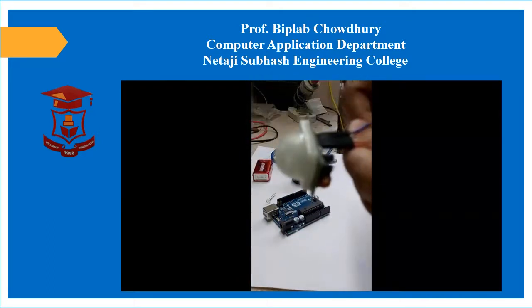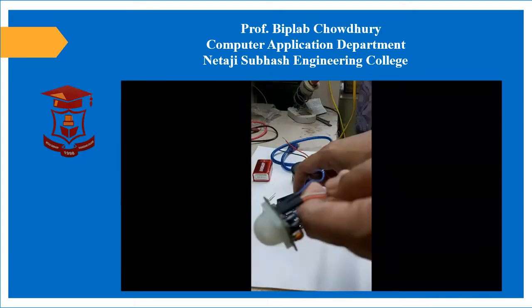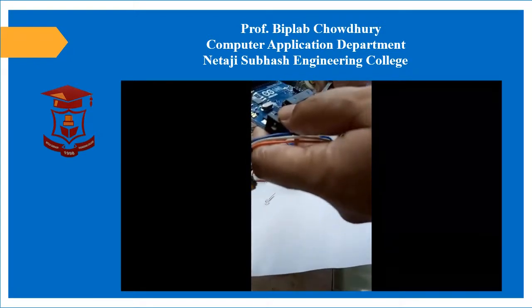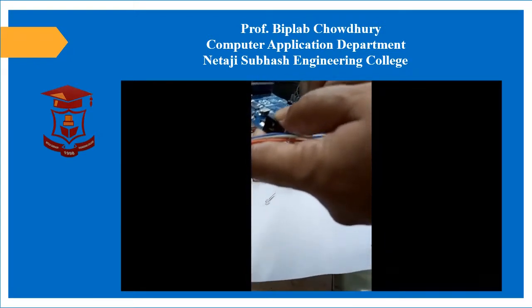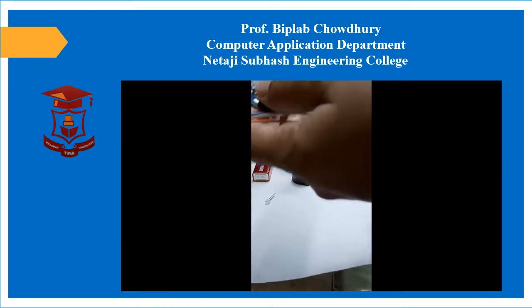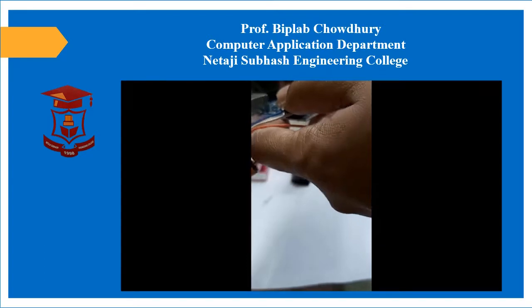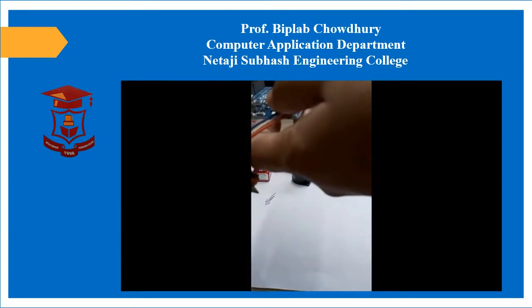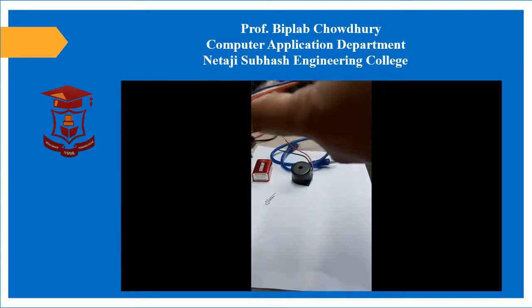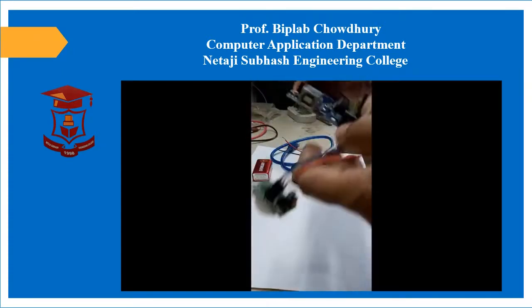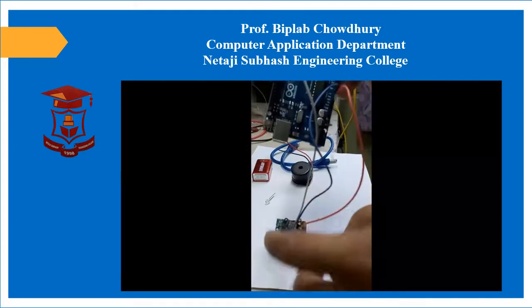These 3 pins should connect with the Arduino board. The ground should be connected with the Arduino board ground. The middle pin should connect to the interrupt port, port 2, and positive should connect with 5 volt. We get it from the Arduino board, right? So it is connected. Got it now?